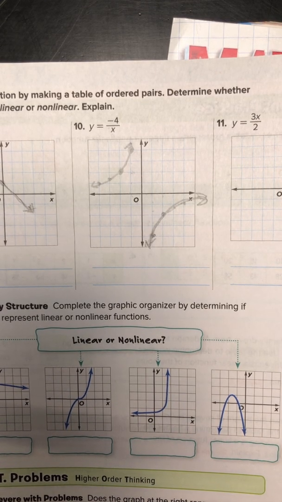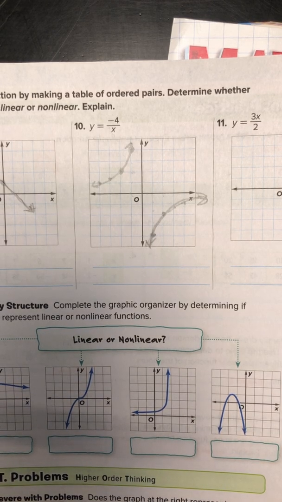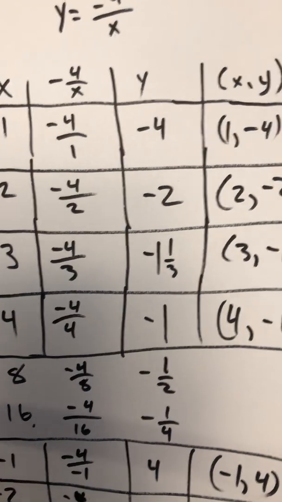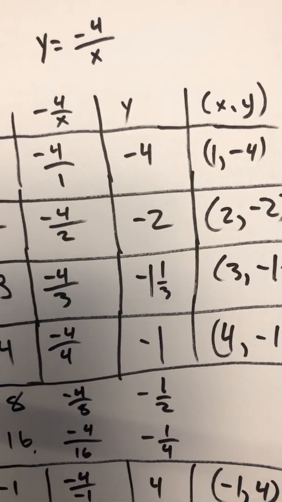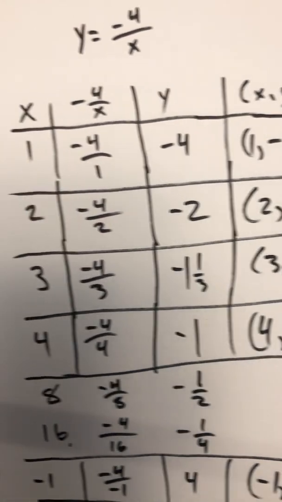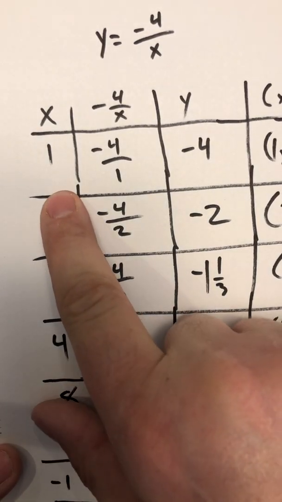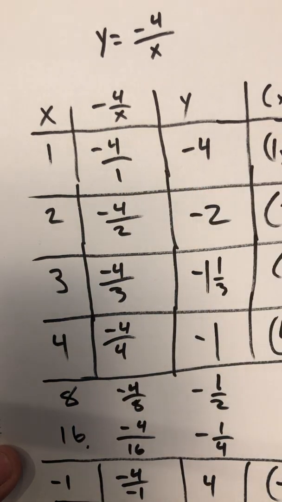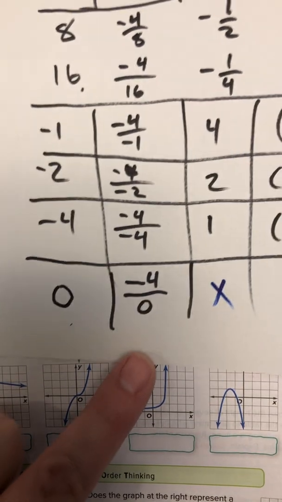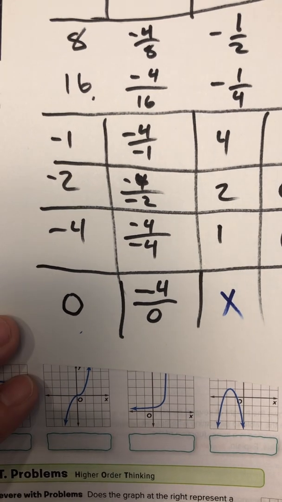Don't forget that a good thing to do is to create a table of values. You create a table of values, and then you're going to see what you can do. You plug in your x, you put in your input, and then you get out your output. This is the one that would have been tricky, finding out 0. All right,